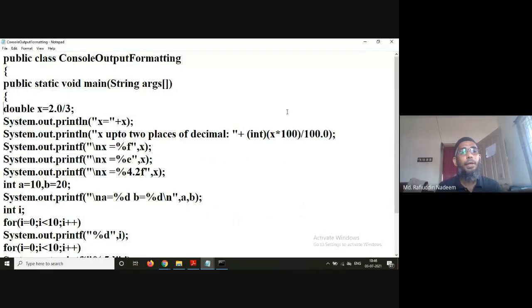See here, we have double x equals 2.0 by 3. Now see one thing here. If I display x, we'll go step by step.